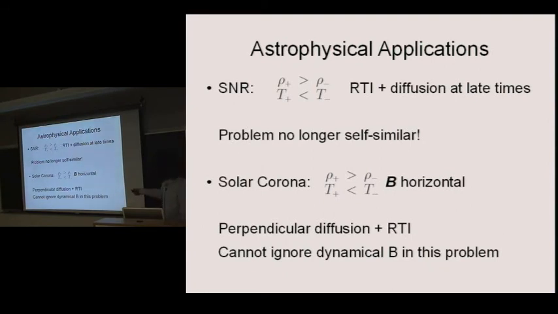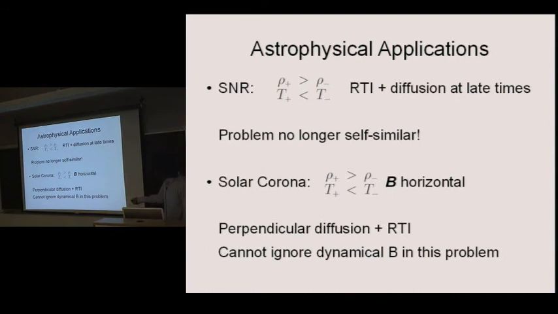So in this case, the Rayleigh-Taylor instability is actually more prominent at early times, and diffusion would be more important at later times. And in general, because there's a new dimensionful parameter in the problem, the temperature diffusivity, the problem is no longer self-similar,